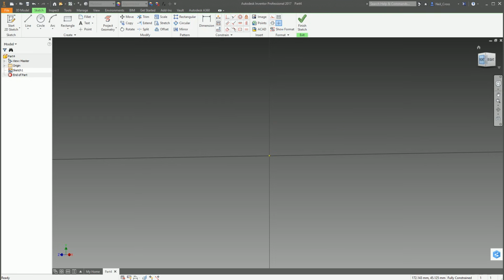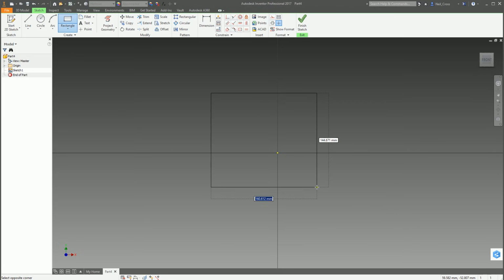Right, so we'll do something similar to what we had in the AutoCAD sketch. So let's look at the front of this sketch. So we're looking straight down onto it, hit the front face of the view cube, and we'll do a rectangle. Let's start with a rectangle. 100 tab 100, and then we've now got a whole bunch of constraints already in here, and we've done nothing.